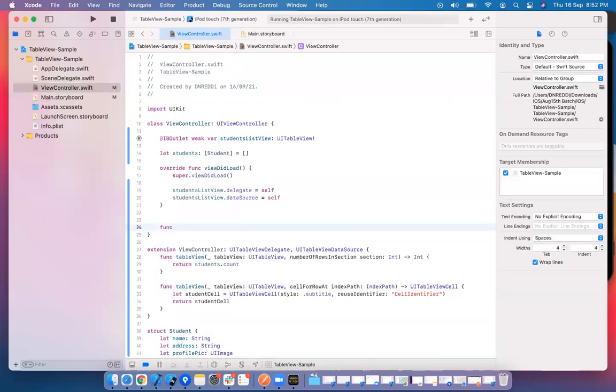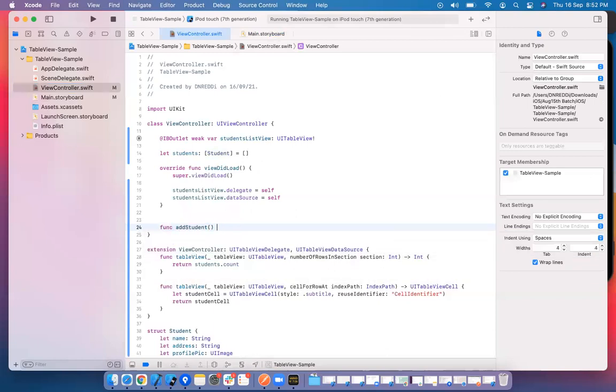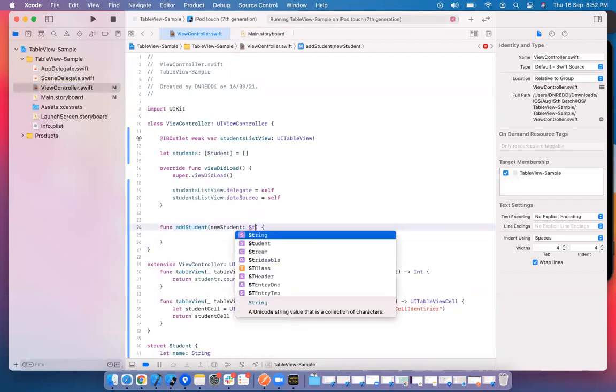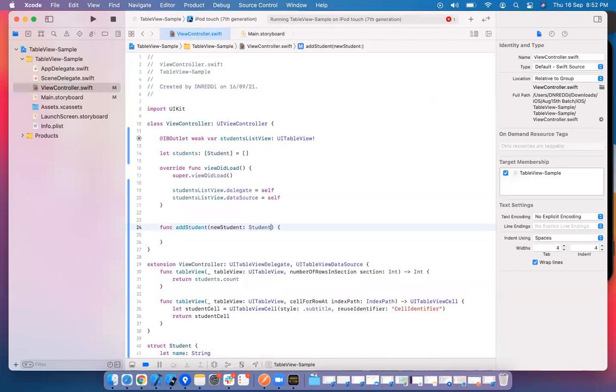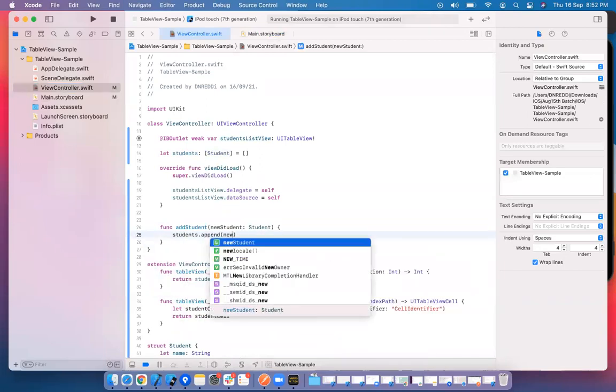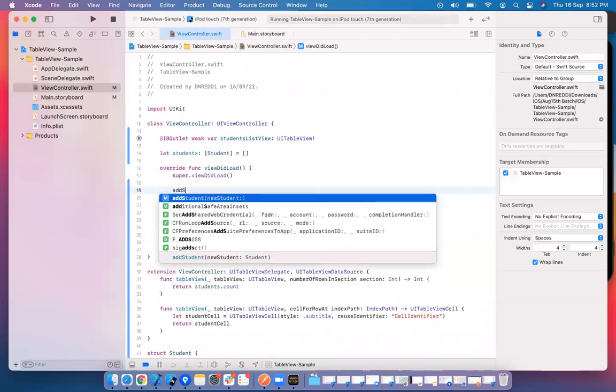Let me add a method. Add student is my method. I can directly create the student objects here to make it a somewhat better structure. I'm just using this, and students append new student. Here I am calling add student.